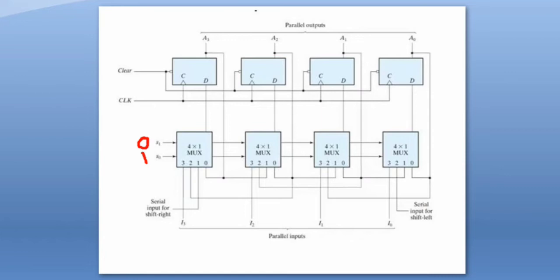A3 value I need to get. That's why the A3 value will be coming here. From here I am connected to one of the second multiplexer. Okay, first pin of the third multiplexer. Here A2 is the third flip-flop output. The third flip-flop output again will be given to the second